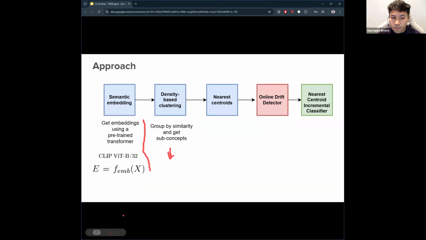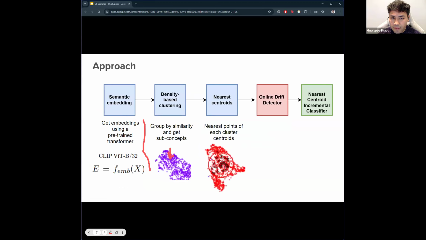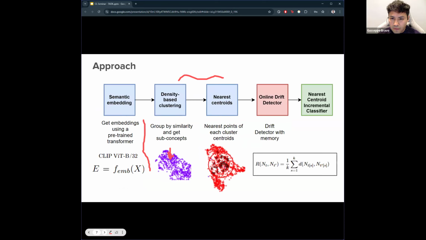We get the most important points here, we calculate the centroid, then we train a detector. And at the end, we also train a task model, so that given this point, we use only 10 points, we can give the task ID here.